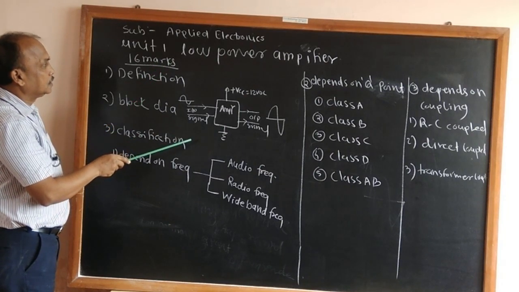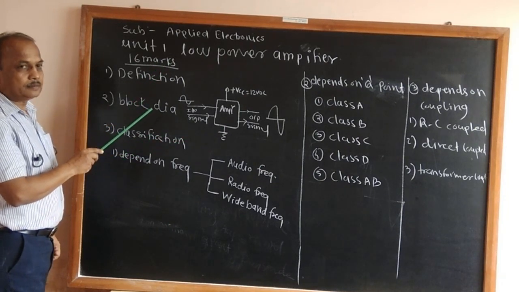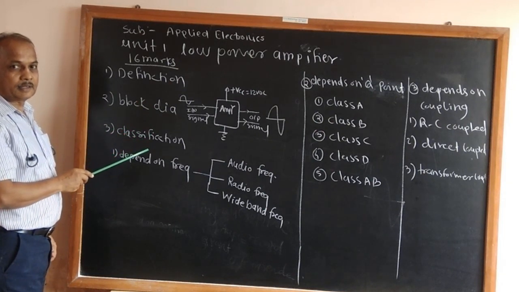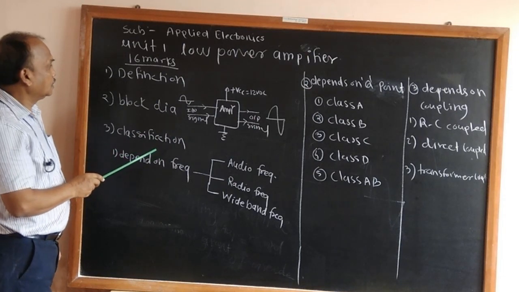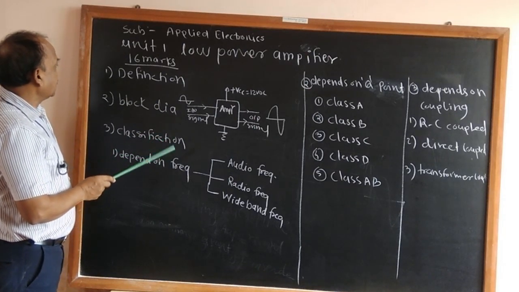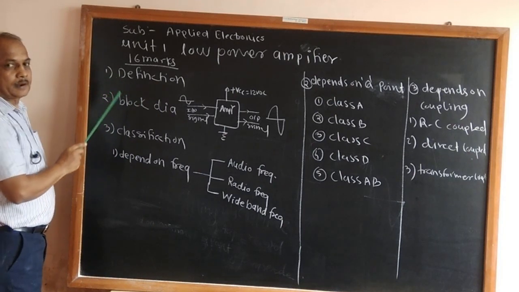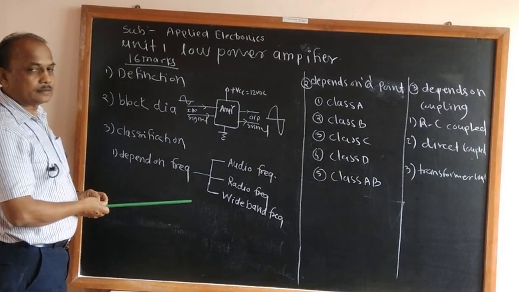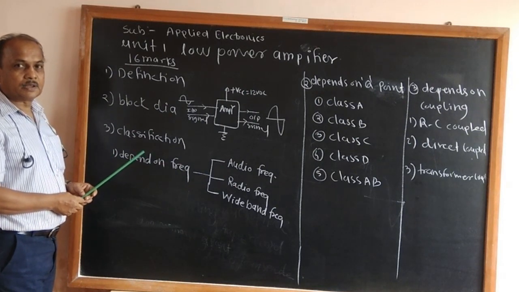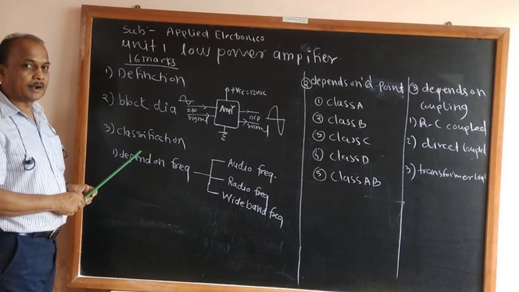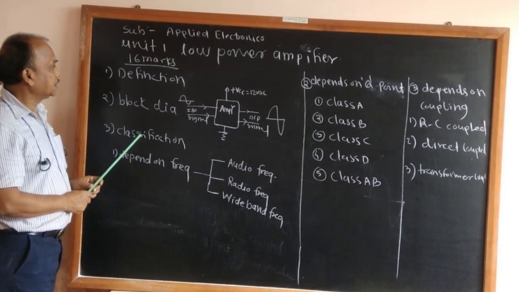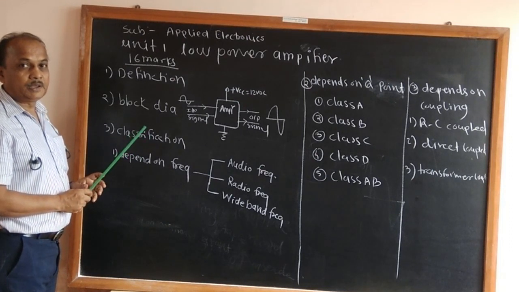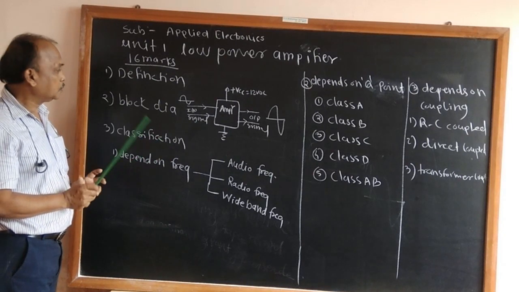Now in this chapter, we have to study the definition, block diagram of an amplifier, its classifications, and characteristics of an amplifier. First of all, we have to study what is an amplifier, that is, the definition of an amplifier. An amplifier is an electronic circuit which amplifies a very weak signal available at the input. So this is the definition of an amplifier. An amplifier amplifies only weak signals and makes them available at the output.